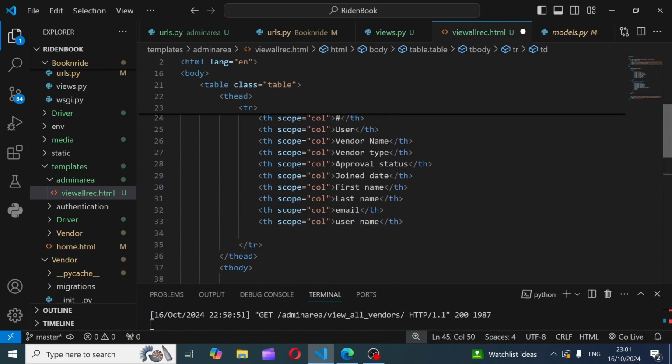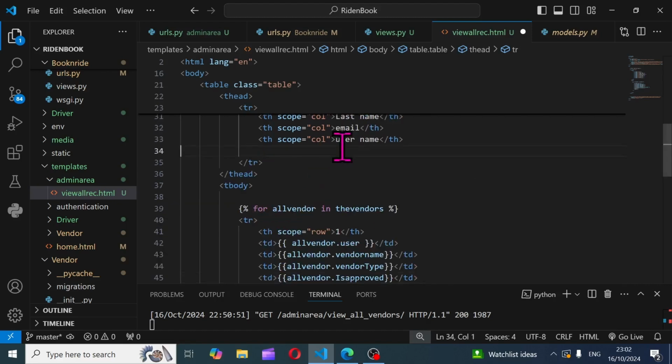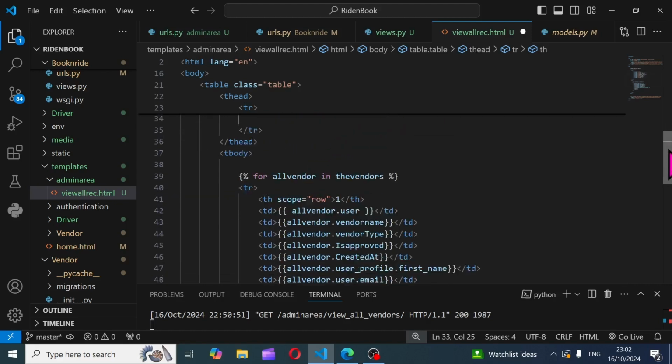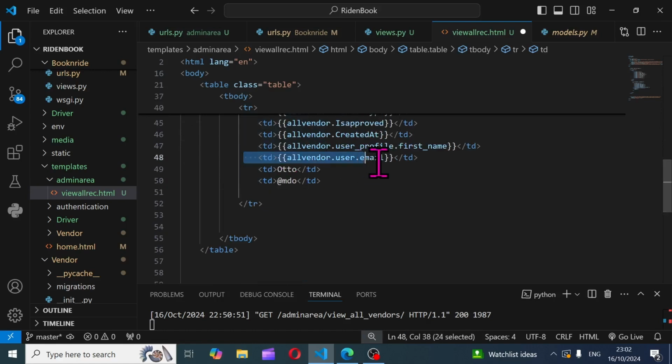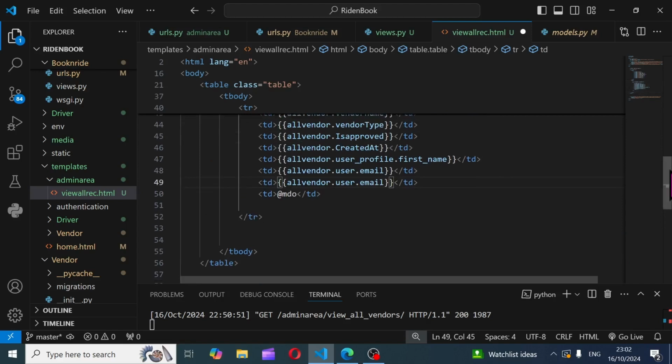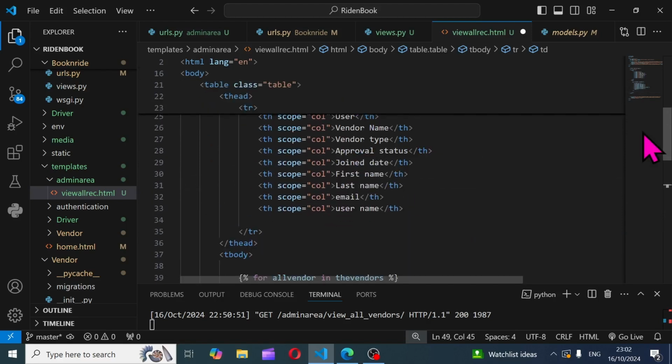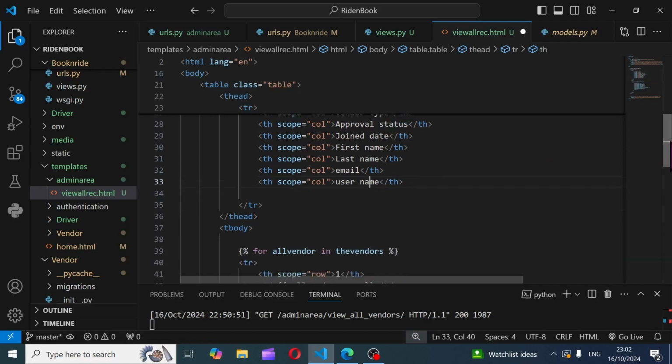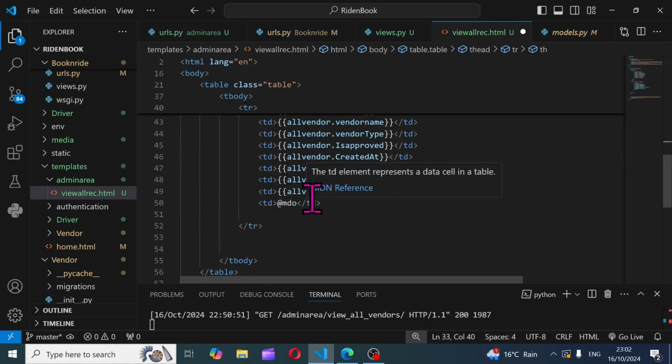It's as simple as that. And then the last one we need to retrieve is username. Now I'm just gonna copy this, and then you paste this. I copy the table data, copy this, and then you paste it. So it's gonna be all vendor dot, what are we trying to get? Username. All vendor dot,